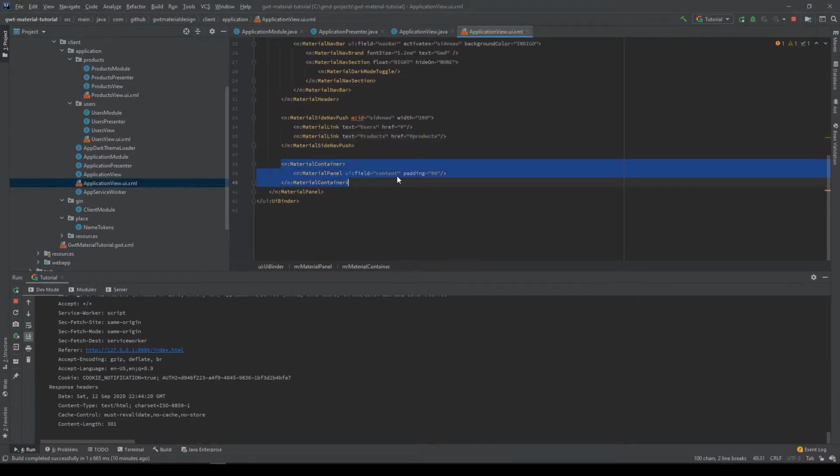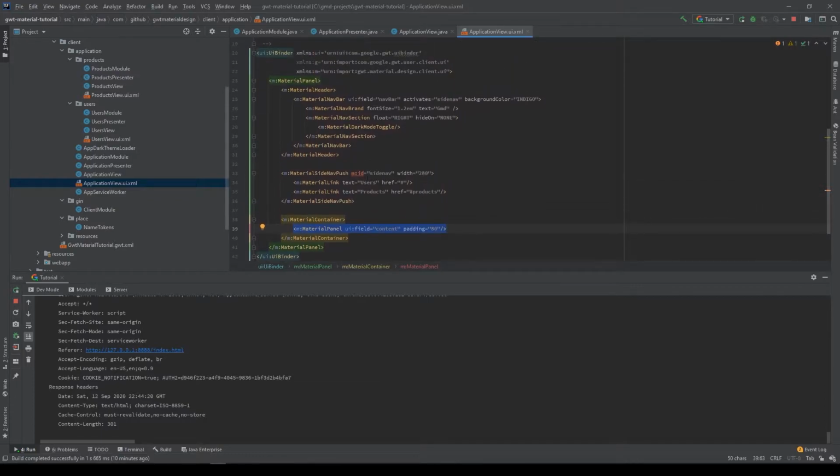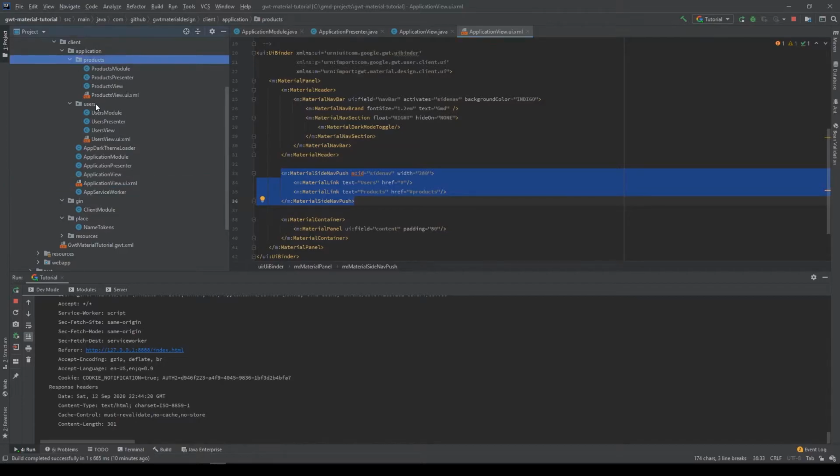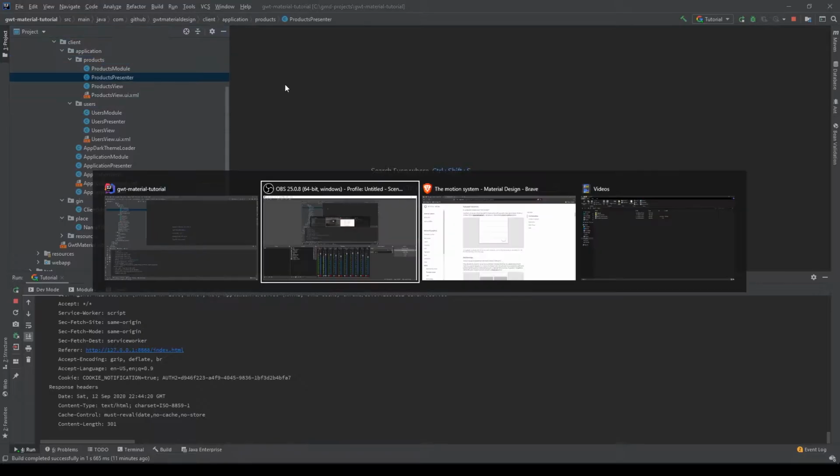So we have the material container, so we have the content right there, okay? And here we're just defining some links directly to the users page and the products page right there. So on the users, we're navigating to this page, and the products, we're navigating also to this view or page, okay? That's it. So that's the simple one. I will show you